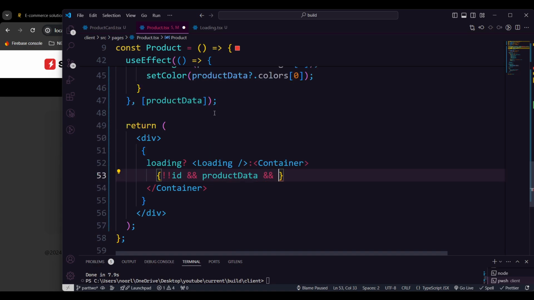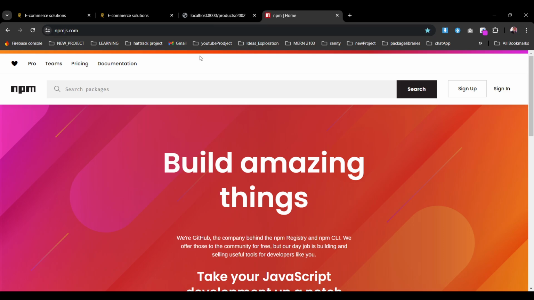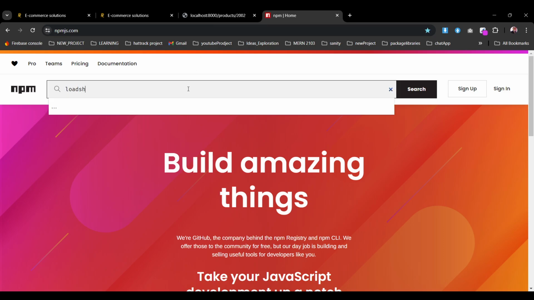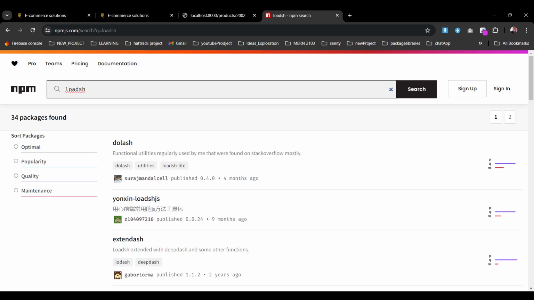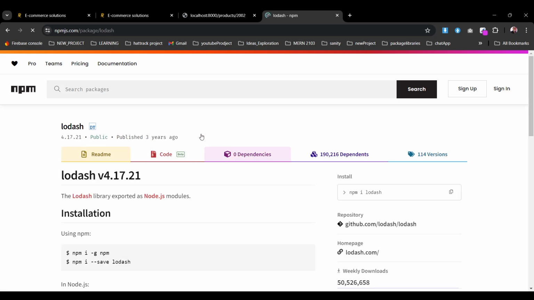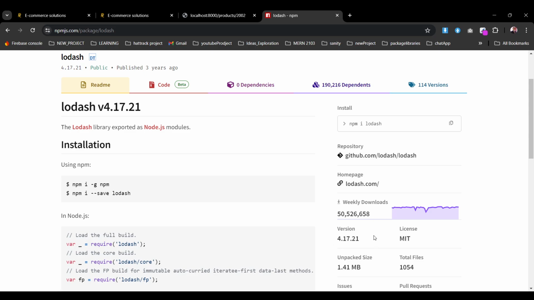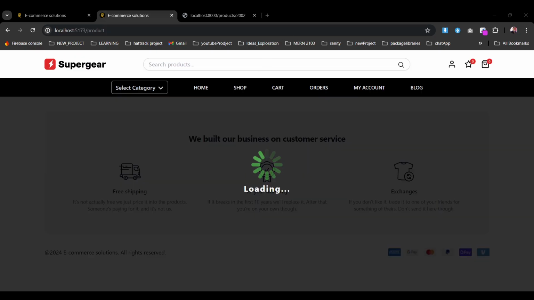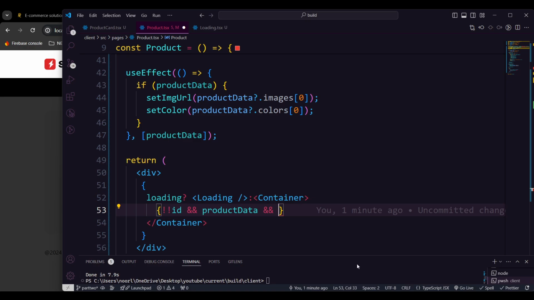and also I want to take another little, small library, but a very powerful library, which is Lodash. Let me get the name. Lodash, yes, that one. That's the library we're going to use to check whether an array is empty or not. It's a very good library, 50 million downloads per week, so it's very competitive. First I'm going to get that library, then I'm going to use its functionality. So I'm going to run pnpm i